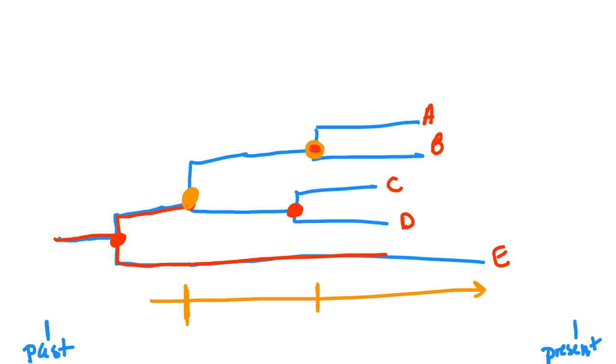So we can really get an idea. This is a hypothesis of how things happened. And again, it could be wrong. Maybe we'll get new data. Maybe there's another species that needs to come in here and split off. Or maybe it turns out that we sequence the entire genome of A and B and they're not as close as we think, or something else, right? So this is a hypothesis, but this is building an evolutionary tree of what we think the relationships are.